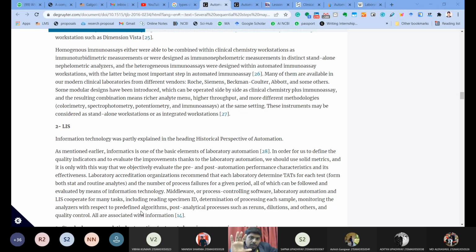Not only relying on computers, but there should be uniformity among these computers. There should be a connection between all these computers. All these computers must communicate with each other and work together in the laboratory or in a hospital. So they will be kept together and their status will be monitored together by a managing software called LIS. LIS stands for Laboratory Information Management System. So this LIS will track all the things actually.